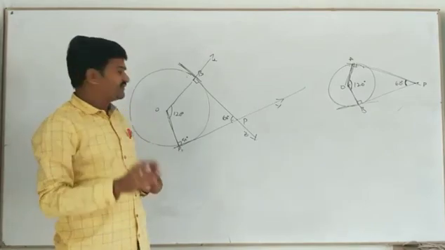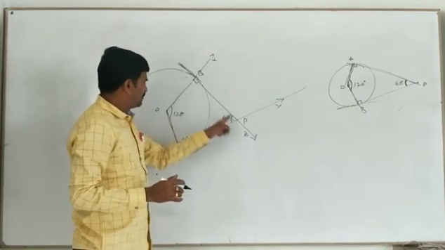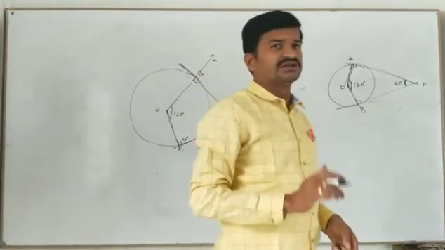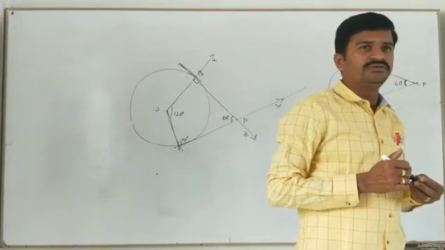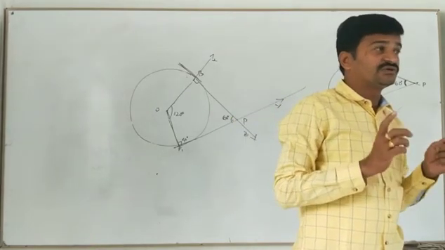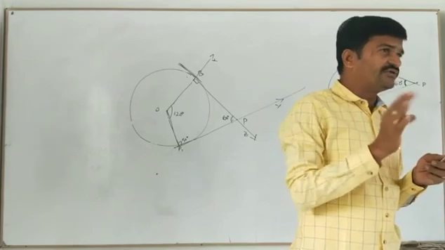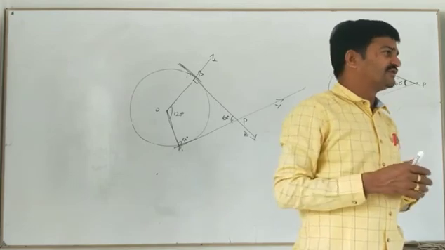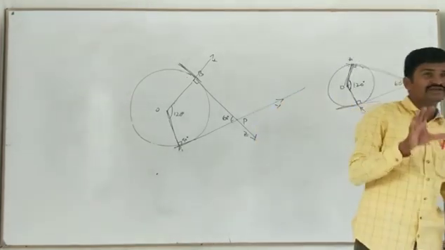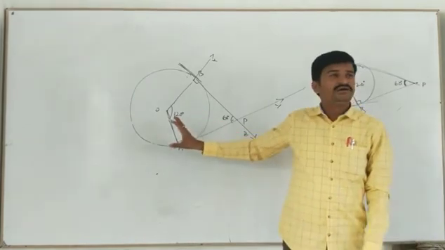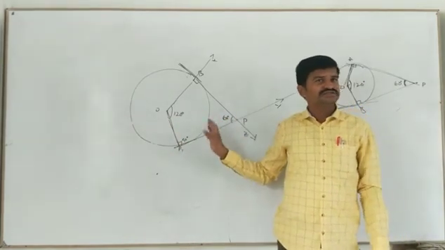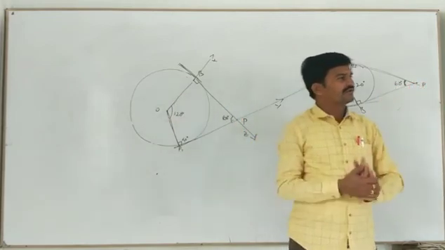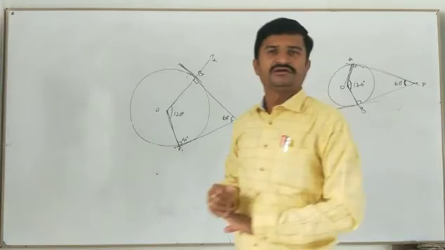Are you clear? Verification, how much? Once you measure it, angle BPA, how much did you get? If you got 60 degrees, then your construction is right. Otherwise wrong. Will you be able to do it or not? Yes. Steps also, please rewind that video once or twice and then you can write it. Are you clear? Come on, do it first, all of you. Here the only thing is, if you are very perfect in drawing angular rays with the given measures, your construction should be correct. If it goes wrong, then it is completely wrong. That's all. Understood? Come on.